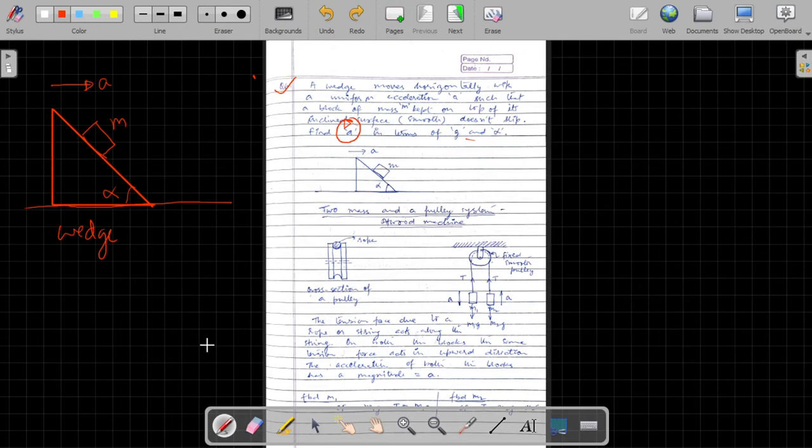So first of all, we'll select our system. So we want to study the mass m. So our mass m is the system. So we'll be drawing the figure of mass m only. And next, let us draw what are the forces acting on m. So the forces acting on m would be the gravitational force mg,